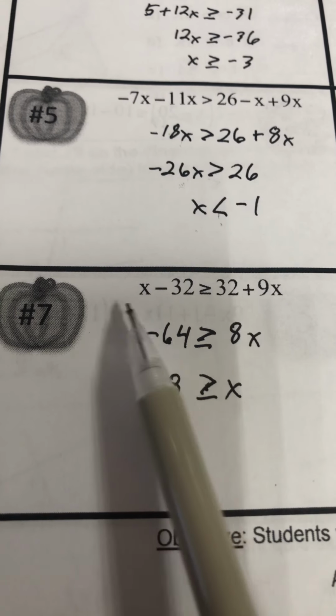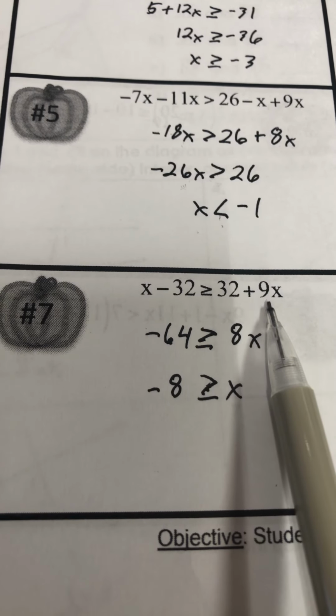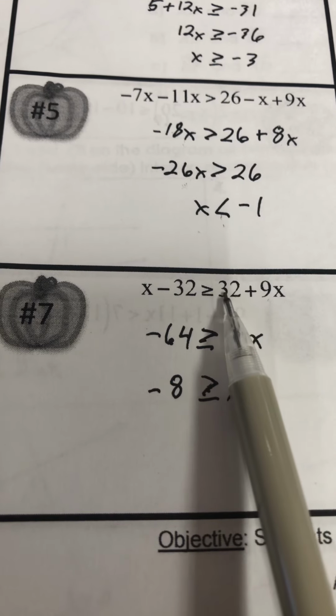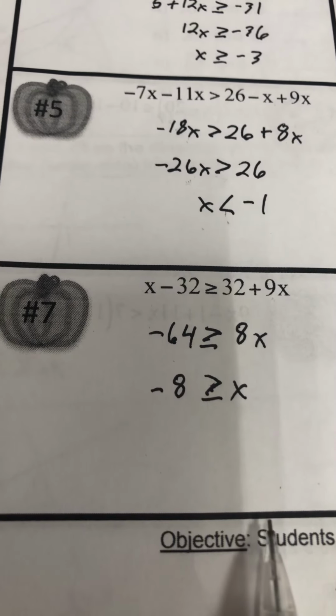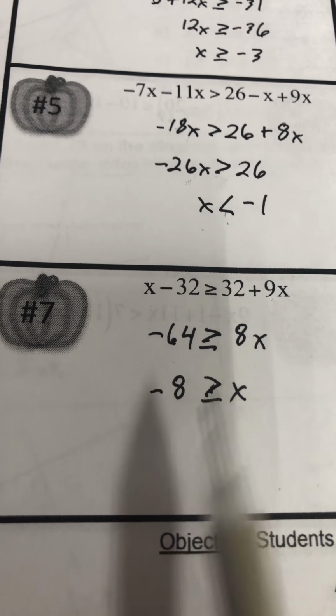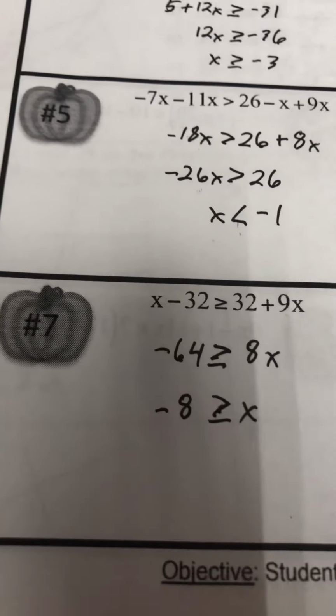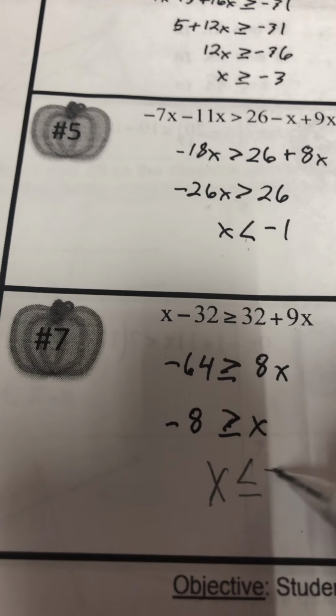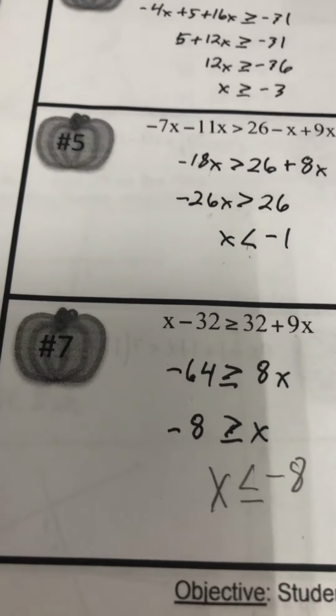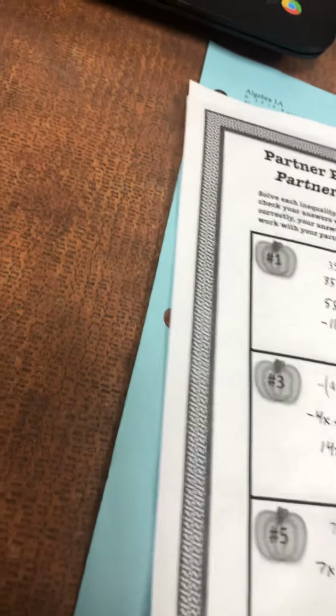This one, I'm going to bring the x over here just because I like to keep it positive. I brought this 32 over here, so I subtracted 32 from both sides, in other words. Negative 64 divided by 8 is a negative 8. If you want to rewrite this with the x first, x is less than or equal to negative 8. On this side,